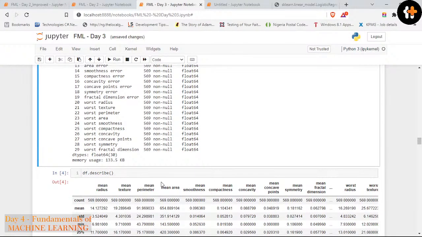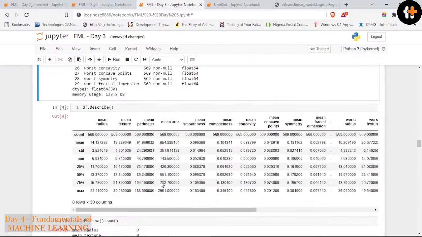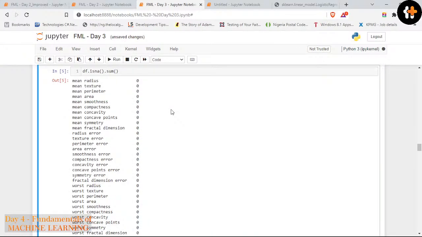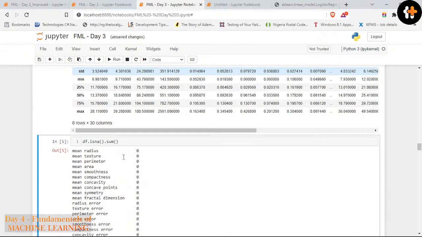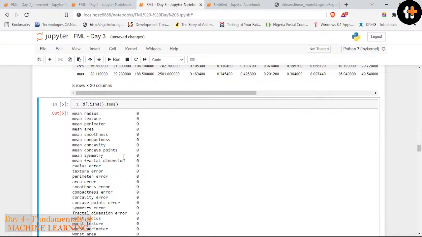Also we are going to look deeper into the data. This is the describe. These are just EDAs. We use this .sum to know if the data has any null value. That is df.isna().sum(). So if there are some null values